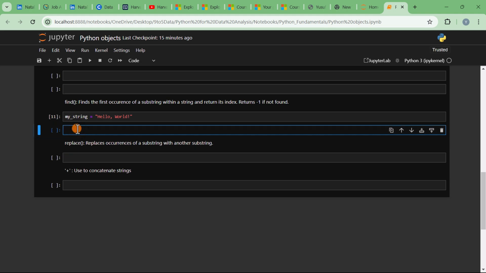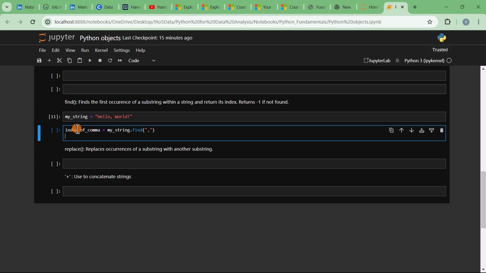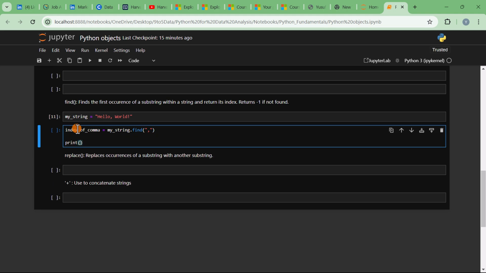Now, let's say we want to find the index or the position where our comma occurred. So we can say index of comma equals my string dot find. What we are trying to find is the comma, so we pass it into the brackets, and if we print index of comma,